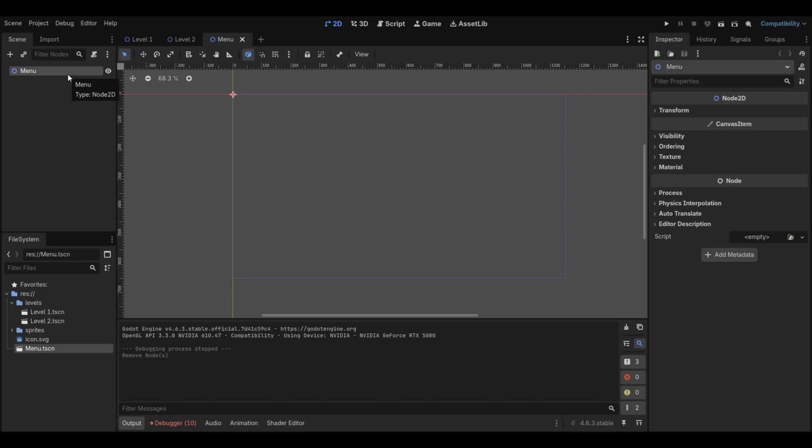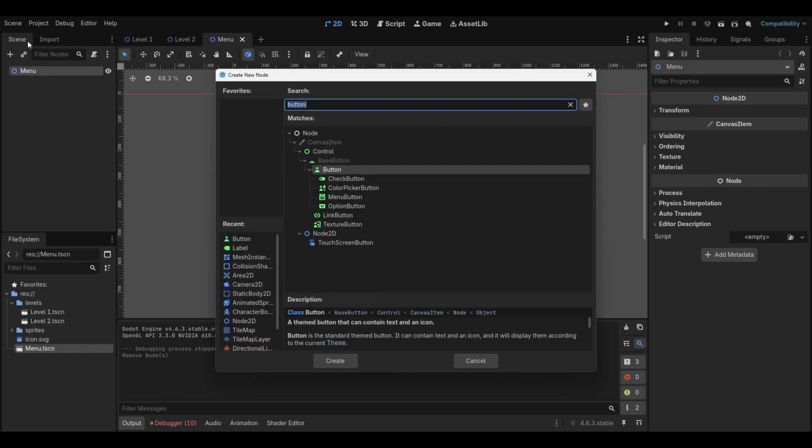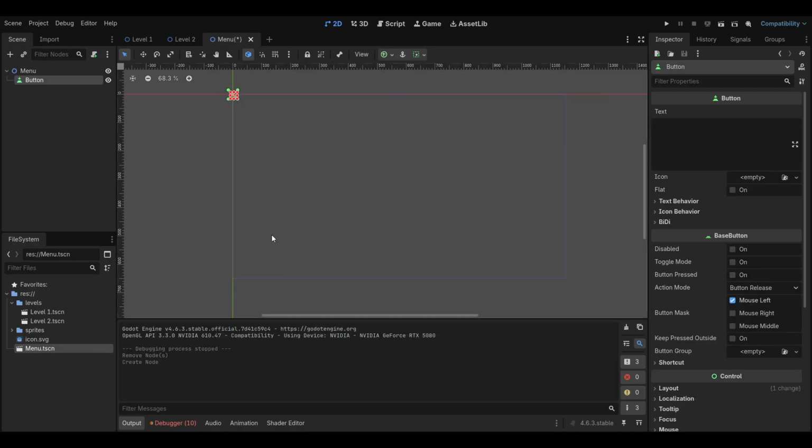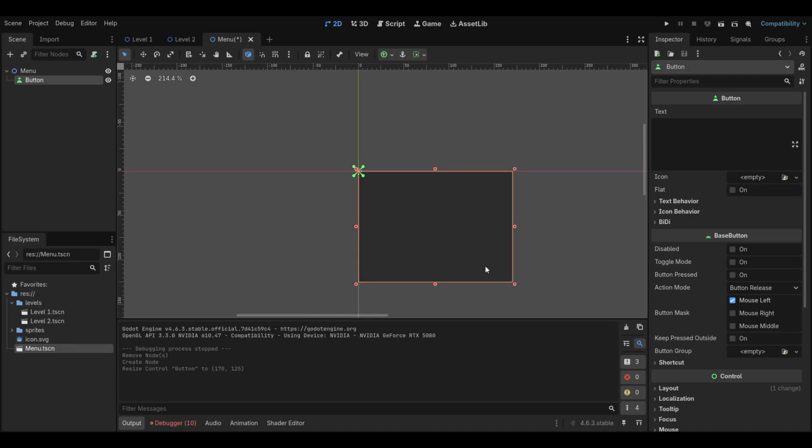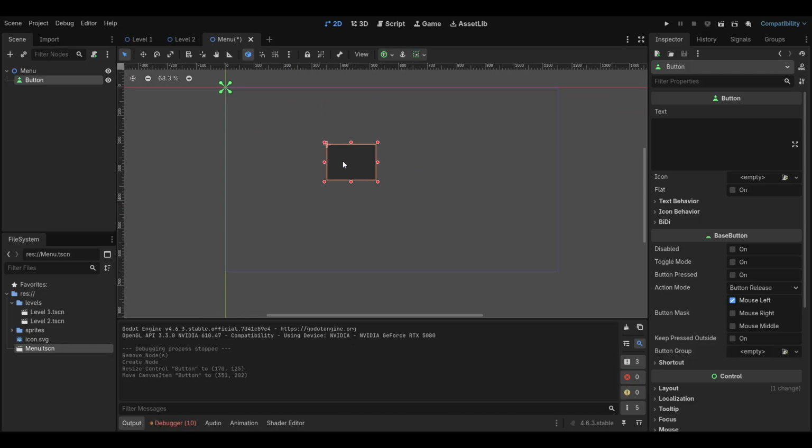The first step to adding a button is, of course, to add a node. We can search up button and we'll have a few different kinds. Button is the most basic one, so let's go ahead and add that. And if you zoom in, you'll find this little box. If we expand it, we can now move it towards the center of the screen,